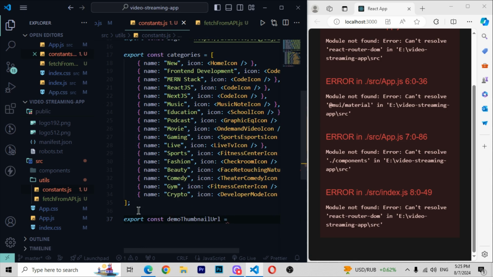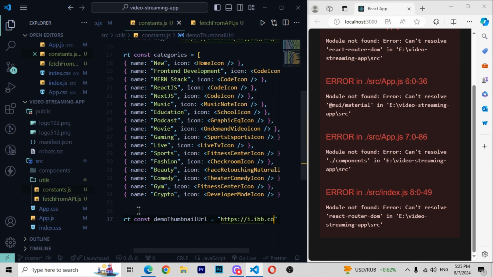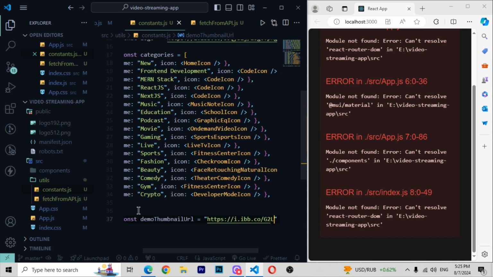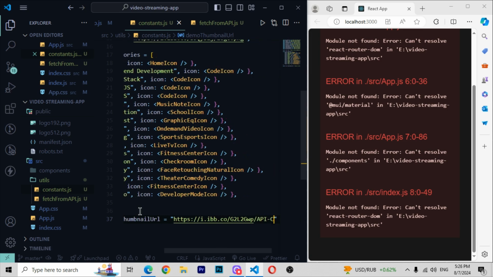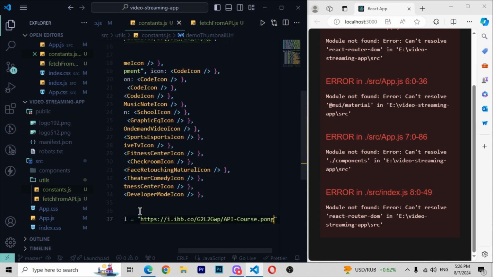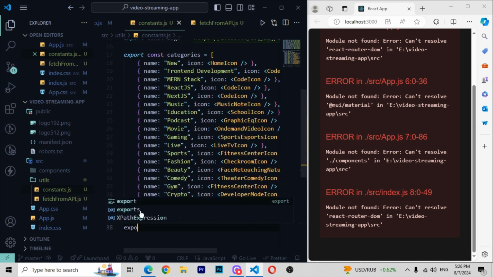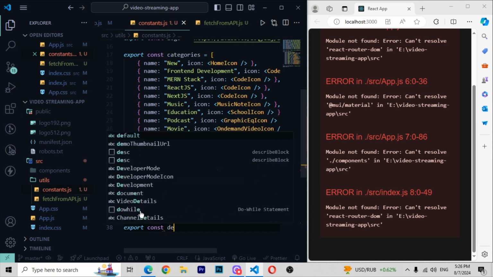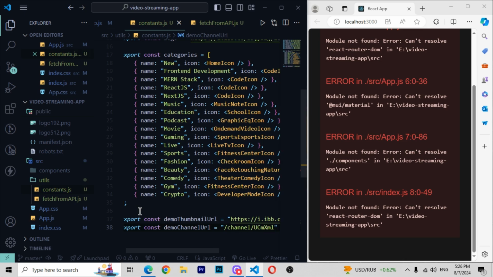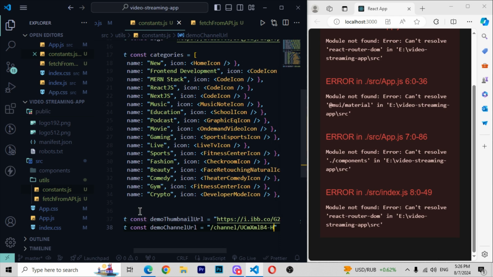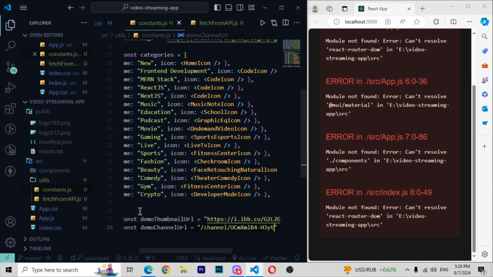URL equal to, then you have to write the thumbnail URL as i.ibb.co, then write here g2l2gwp, then you have to write here as API course, then you have to write here .png, and then close it. And after doing that I'll be writing export const, and here I will be writing demo channel URL equal to, and then you have to write here slash channel slash, and then you have to write here UCMXML b4, b should be in capital, then I will be writing add JYT, and then you have to write here